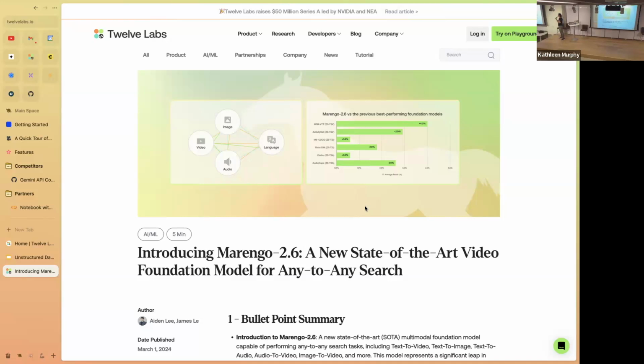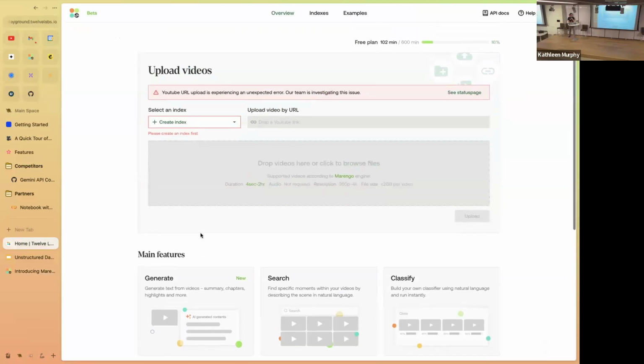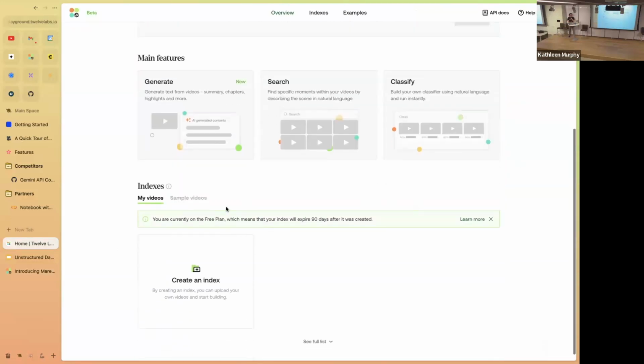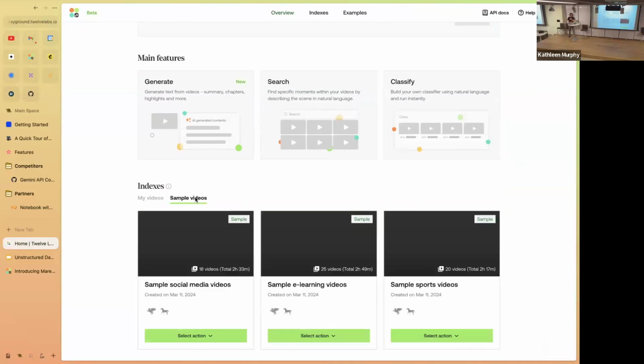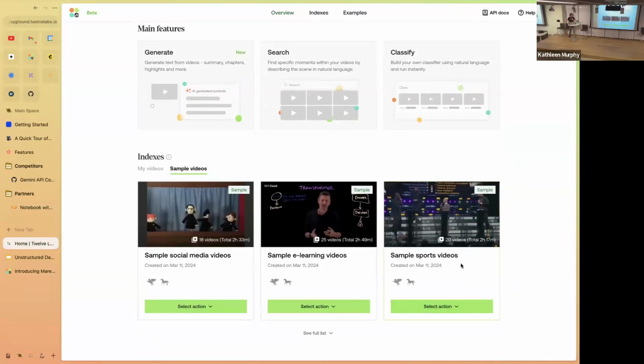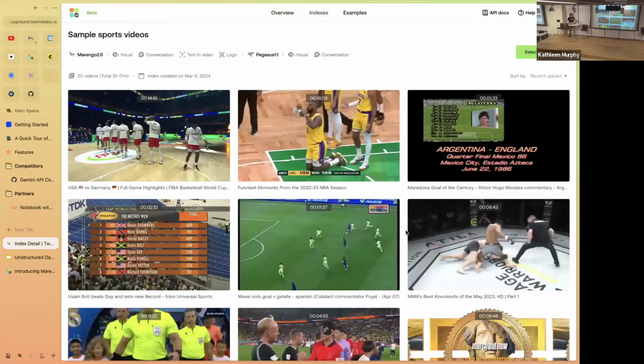Yes, I think we did a really good job. We actually offer that capability in our playground as well. This is our playground environment, more designed for a non-technical audience. I can show you an example of how OCR search looks. Let's say we have a sports video.